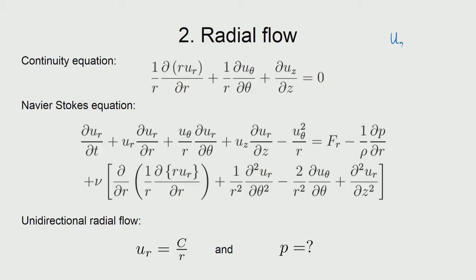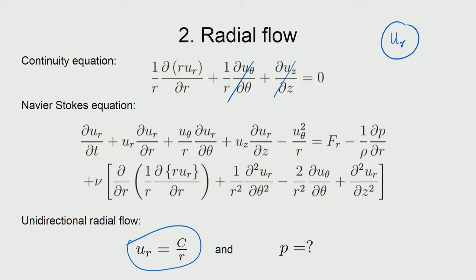So, now let us look at the three components. We will take one component at a time. So, the radial component is being taken. The radial velocity component is UR, and the continuity equation needs to be satisfied, and also the Navier-Stokes equation. We saw that if you look at only the continuity equation, we already can guess what kind of forms are allowed. Okay. So, if it is a unidirectional flow, then this functional form should give us that UR should go as a function of 1 by R, so that it can satisfy the continuity equation.